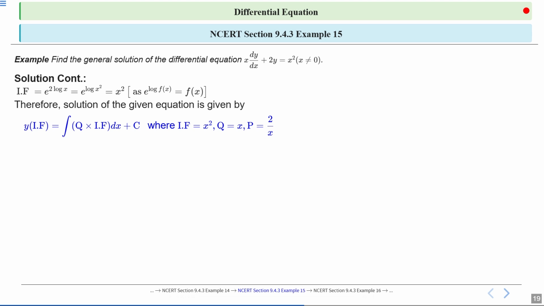And when you have the integrating factor, just apply this formula to get the general solution, that is y into integrating factor is equal to integral of q into integrating factor dx plus c, where the integrating factor is x square